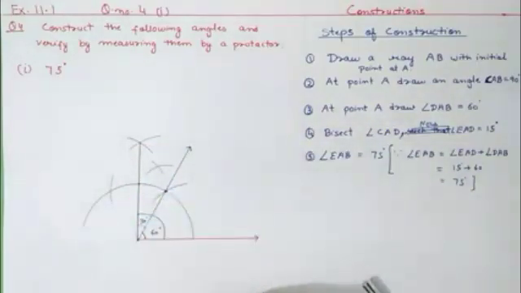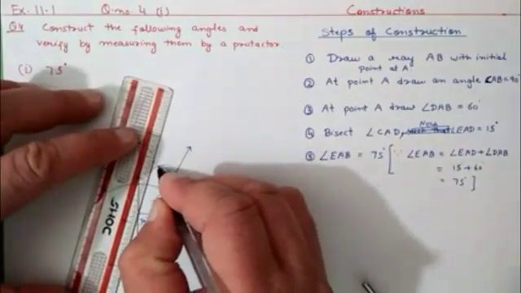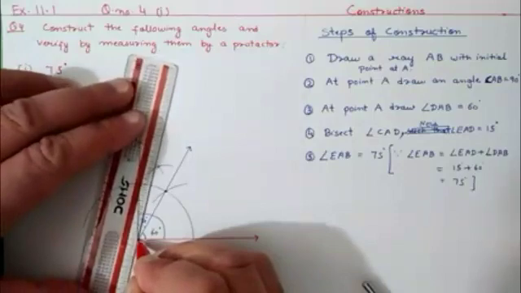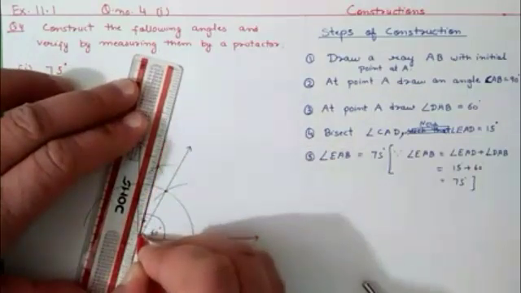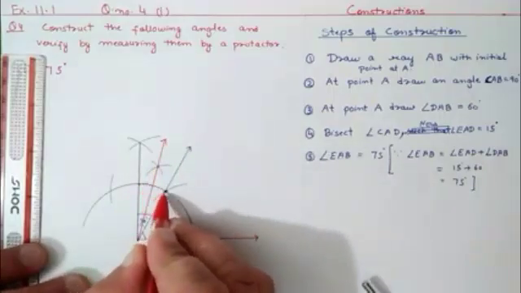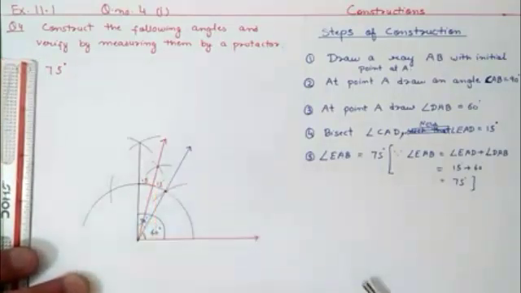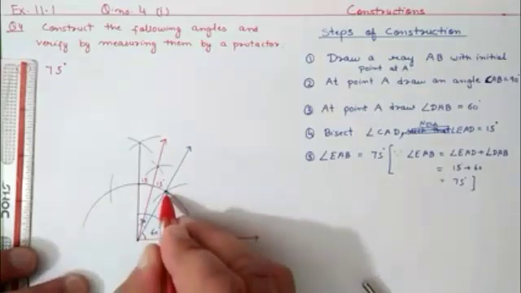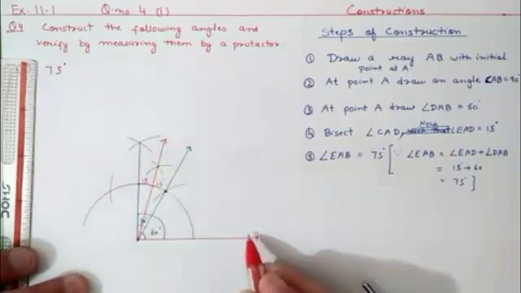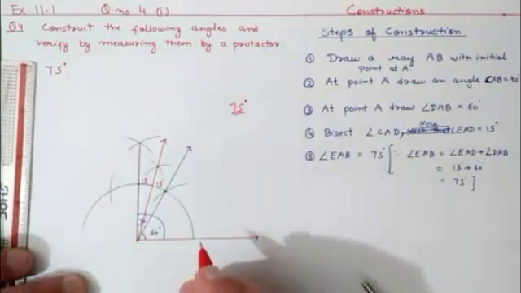Now we will construct a line which passes through this point. We will give one point over here, and then we will construct a line over there. So we constructed this line, and this line is of 75 degree. Okay, in between 60 and 90 degree, half of 30 degrees is 15 degree. So 60 plus 15 is 75, and 90 minus 15 is 75. That's why we got an angle of 75 degree here.